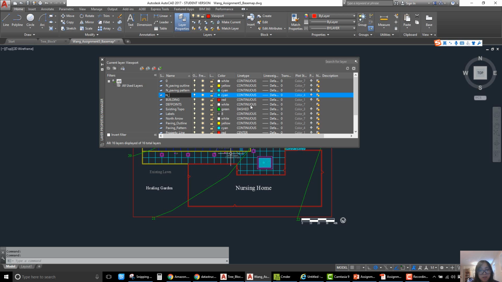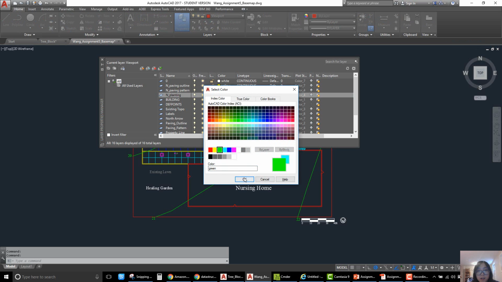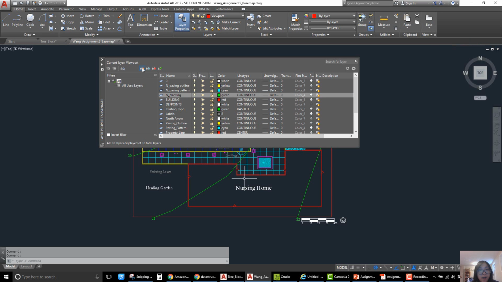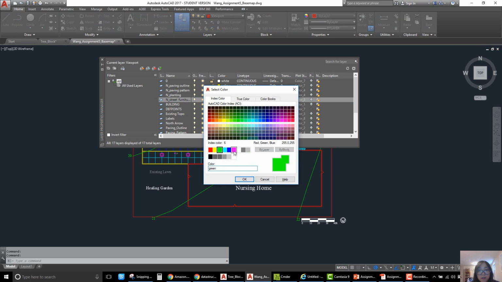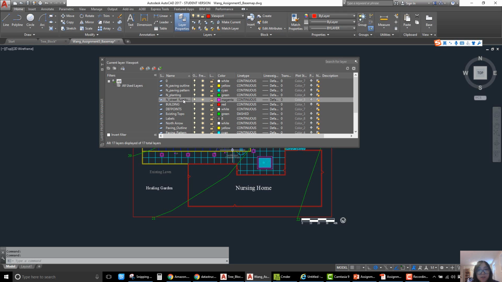Next new layer is new planting. I will give the green color. And the last one is street furniture, and give it the magenta color. And then